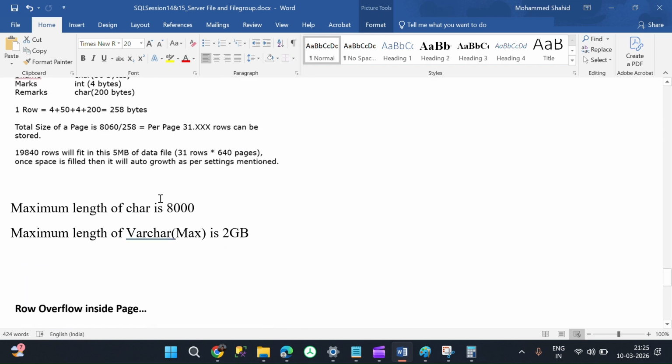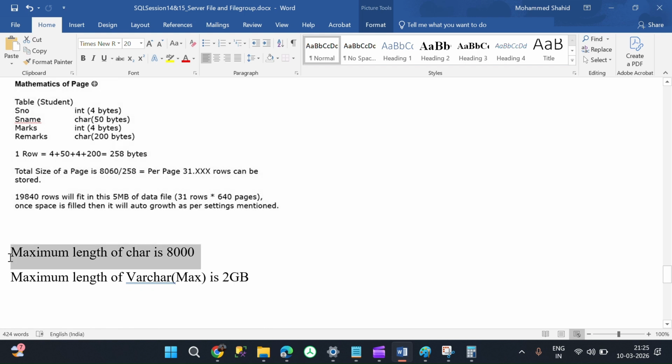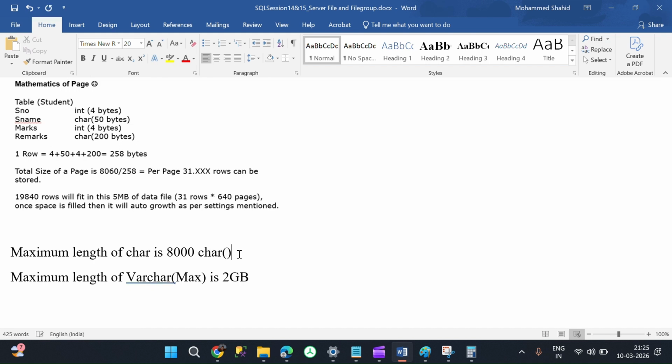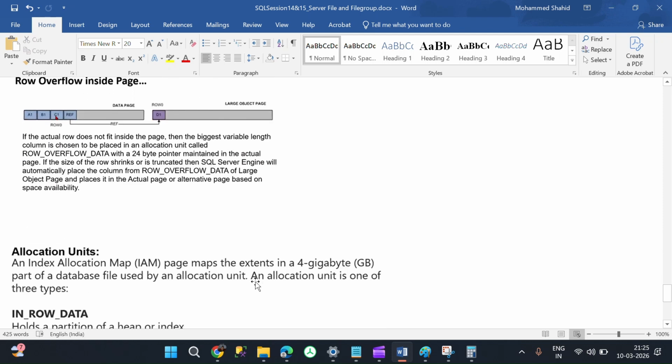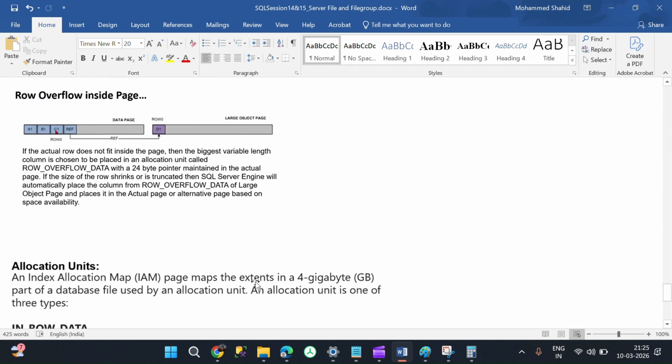So hope you have understood. Also, the maximum length of char: in my example I have given char of 50, and like that char of 8000 you can give. For varchar it can be max. If you want to know how much storage you can write in one row, it will take 2 GB of character data. So the maximum length of varchar max is 2 GB. You can say this as well in your interview. Hope you have understood that concept, and also I am going